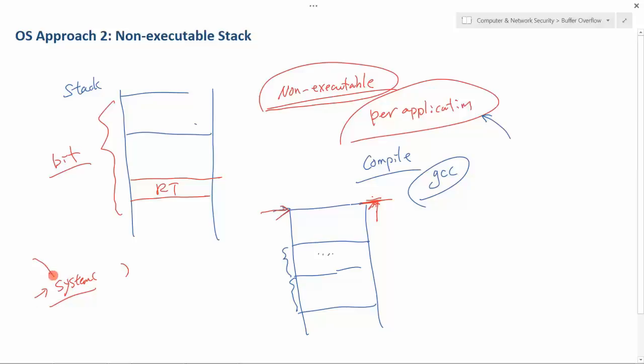So you just need to find out where they are, and then instead of jumping to here, you can jump to this part, and now you can trigger the system function to run your command. We know what we want the system to run. We just provide a string to the system function, and it runs it. That's all we need to do. That's easier said than done. The concept is very simple, but in practice it is so complicated that we have to design another lab for it. That's why the graduate students have to do a second lab on the buffer overflow.